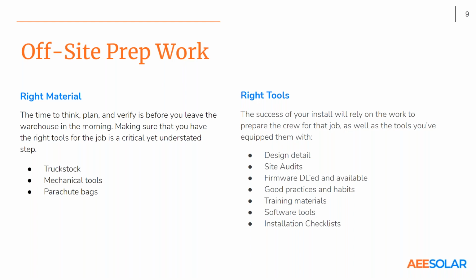experiences. Things like having the right firmware downloaded and available to your teams. And with product like Enphase and SolarEdge, there's usually one rev at a time. But if you're installing off-grid product, Schneider, Outback, etc., you may need a couple different firmware revs depending upon what you're trying to do and what the application is.